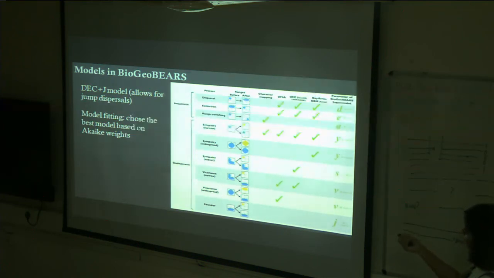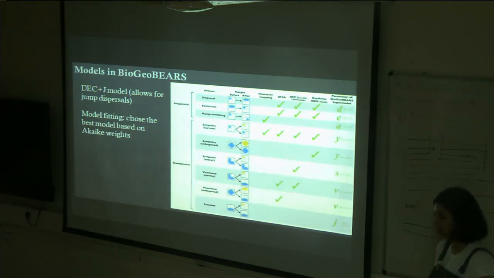So basically what BioGeoBEARS does is it allows you to test out all these 3 models, plus all these 3 models plus J. So you can basically run 6 models in BioGeoBEARS. I'm going to be covering that in the practicals as well. But there's a critique on BioGeoBEARS that reviewers really like to throw at you if you have used it in